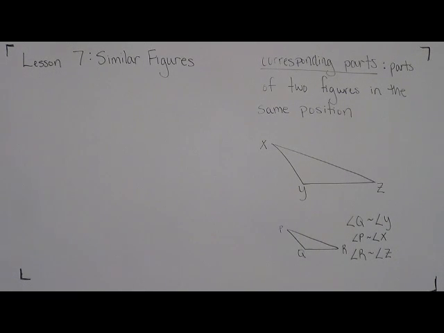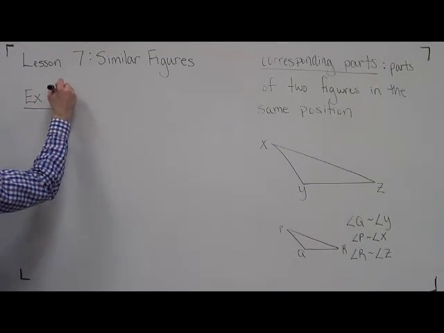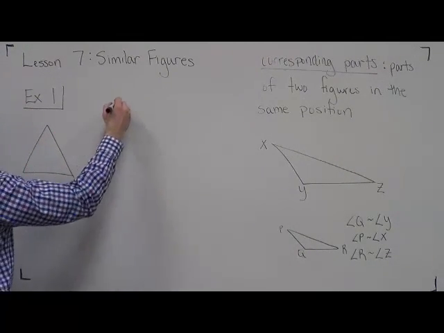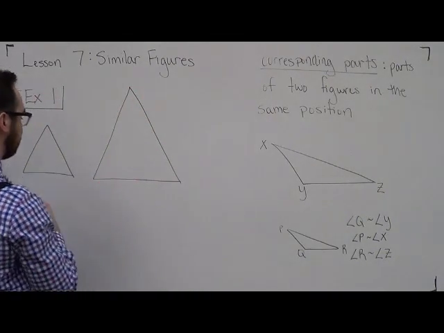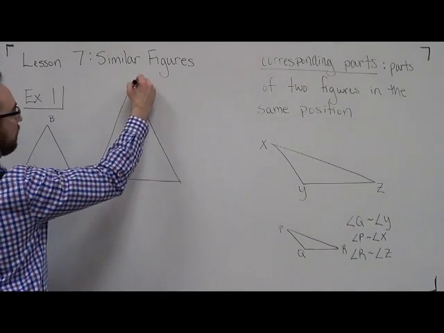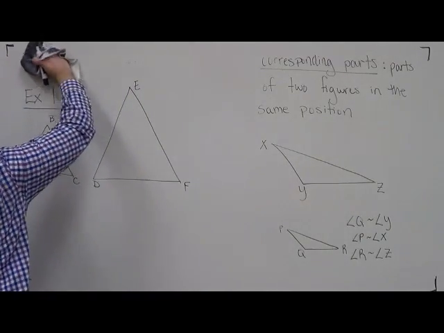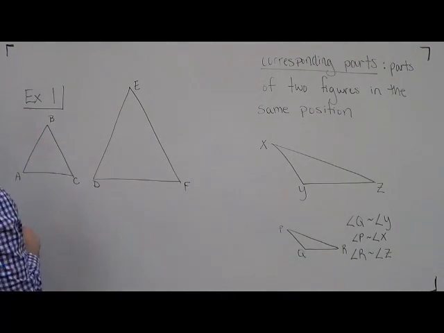So let's take a look at finding missing measures. So we're going to use this idea of being proportional. Okay, so I give us two triangles. We'll just call this ABC and DEF. Actually, I'm going to get rid of the title up here. Okay. So if we have these two triangles, and